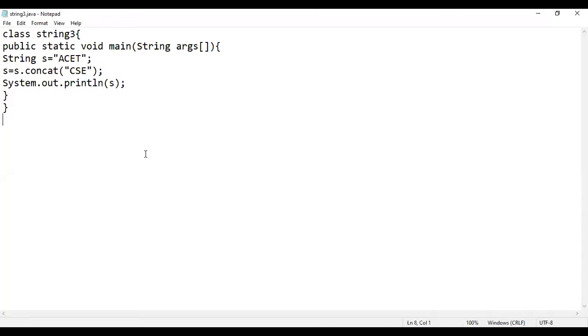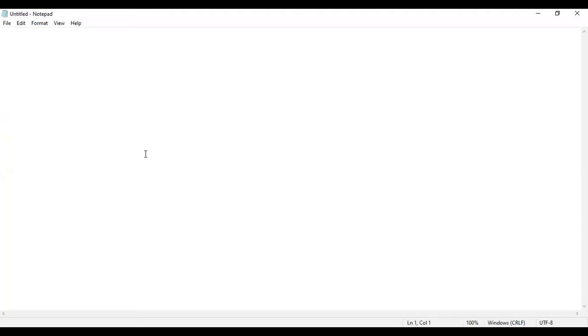Okay, so let's suppose I am taking a class String4, and here I am writing public static void main, String arguments that we are passing, and under this, now let's suppose